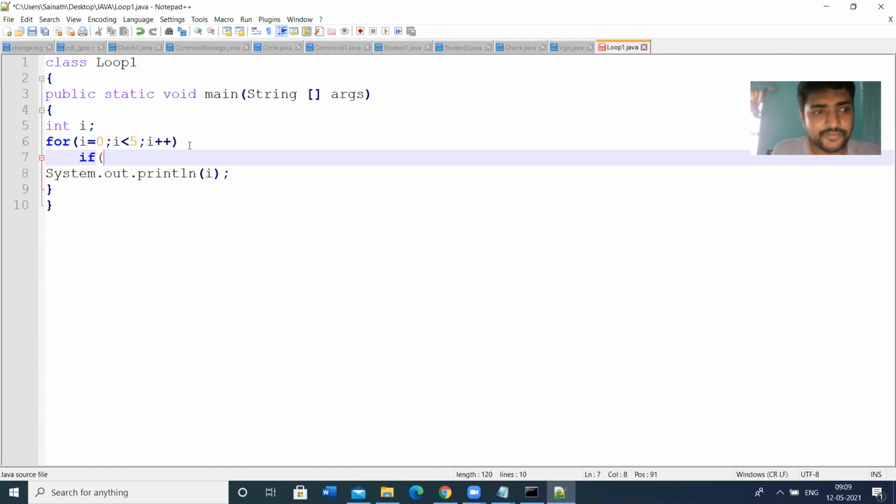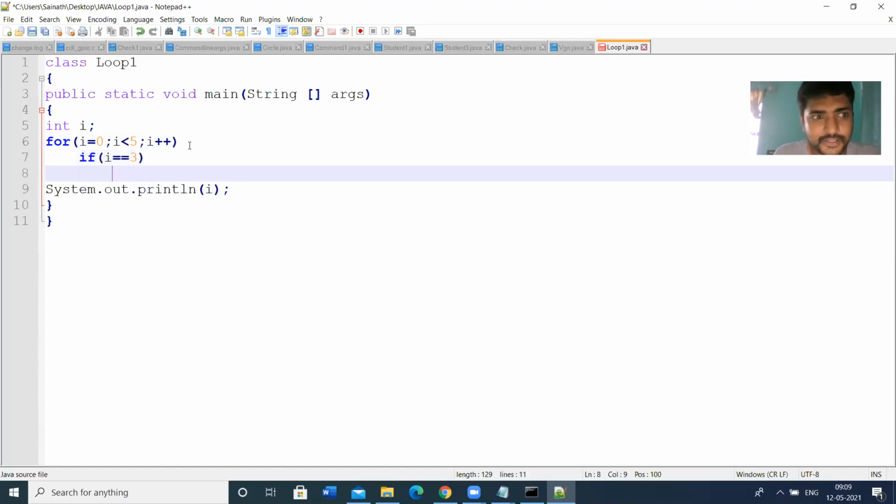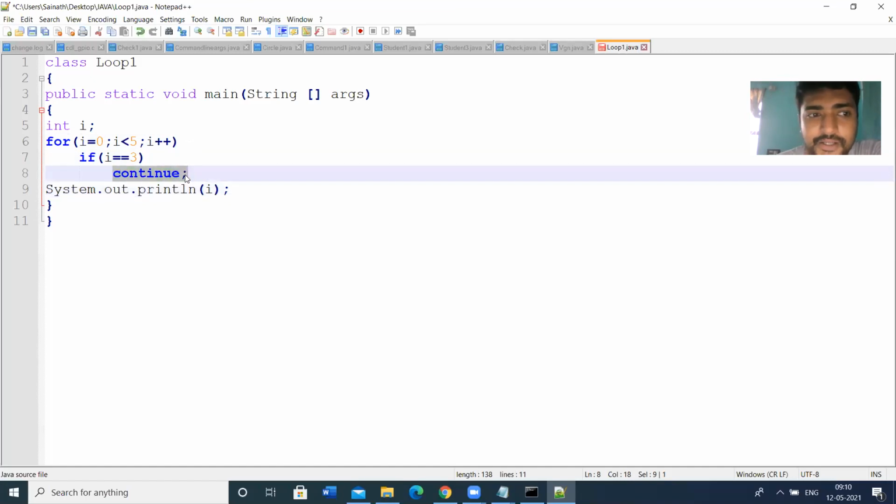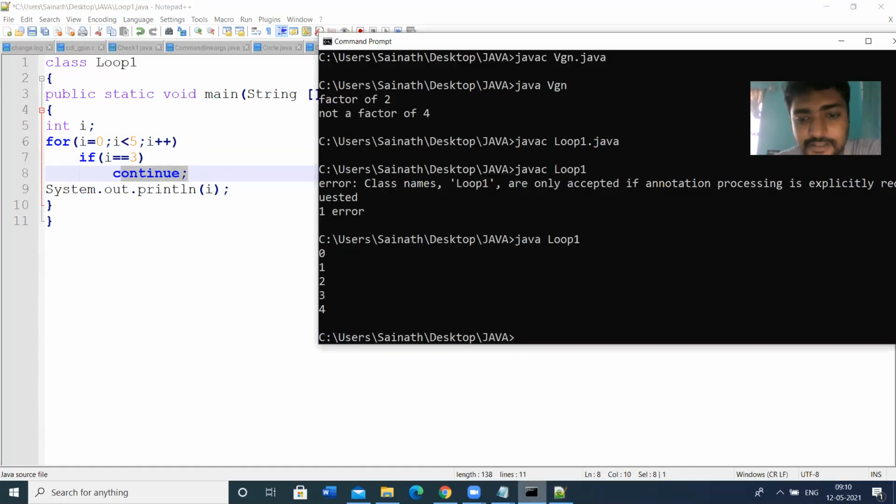I am using here if i value is equal to 3, then continue. I am using the jumping statement continue. So the main purpose of continue, you will see in the output.